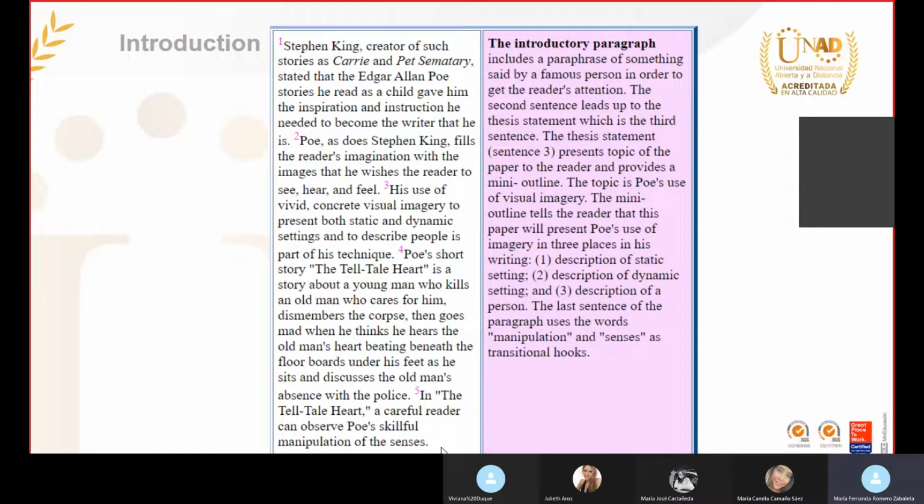So you are going to notice that in this structure, in this outline to make an essay, it's pretty useful to make a sentence that drags the reader to the next paragraph. At the end of the paragraph, you can use a sentence and some words to make this transitional hook into the next paragraph. We are going to see the example. Remember those words, manipulation and senses, so you can notice how the author of this essay used them. Okay,